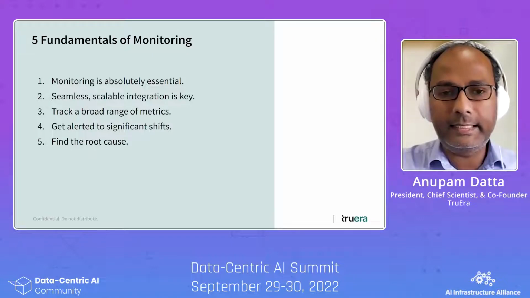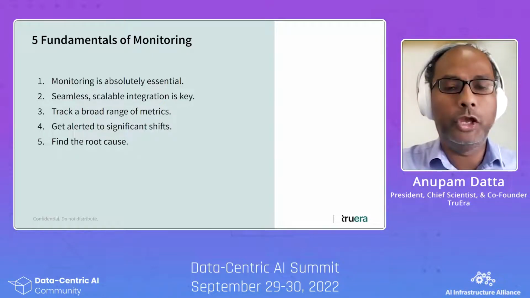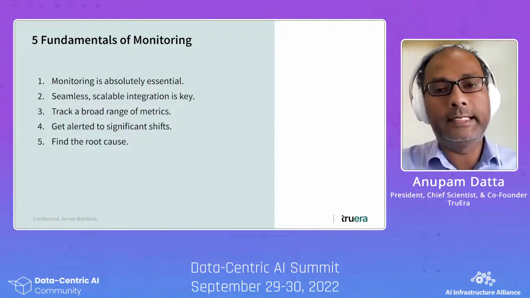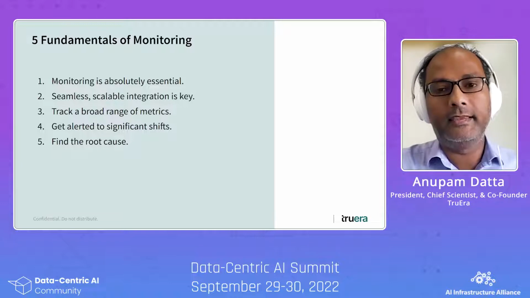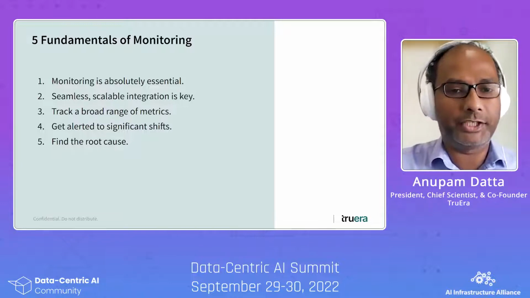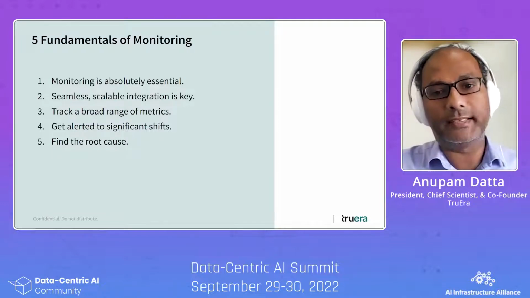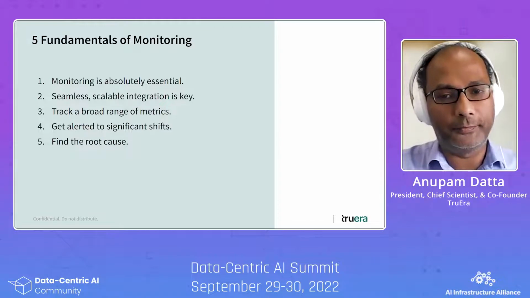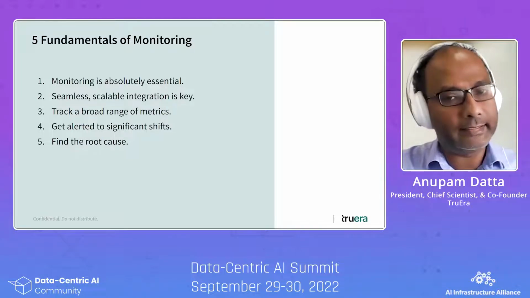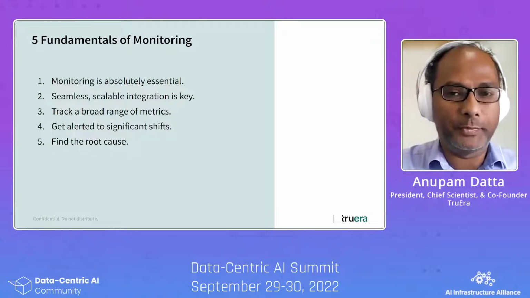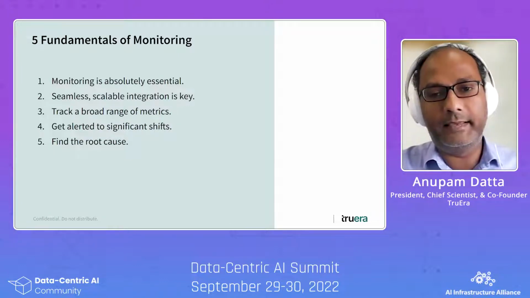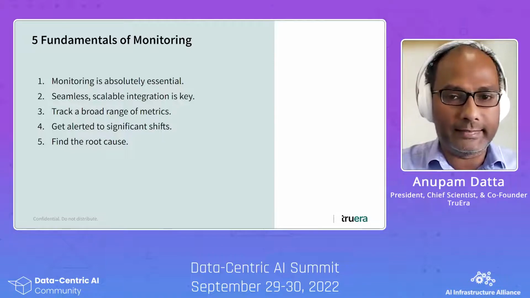Second, seamless scalable integration of a monitoring product into your overall tech stack for machine learning is absolutely key. You want to be able to do that integration rapidly so that you can start getting value from monitoring right away, irrespective of whether you're building your models on AWS SageMaker or on GCP or on other kinds of model